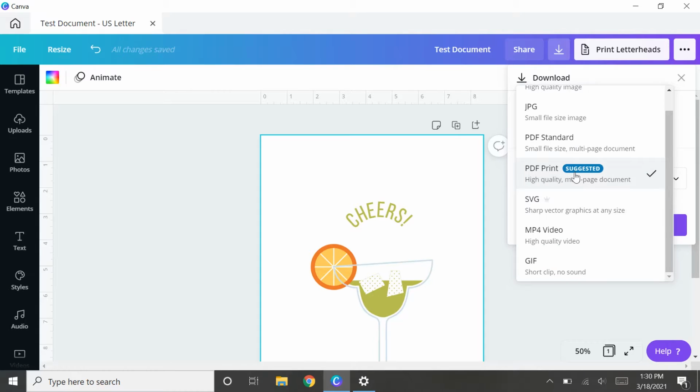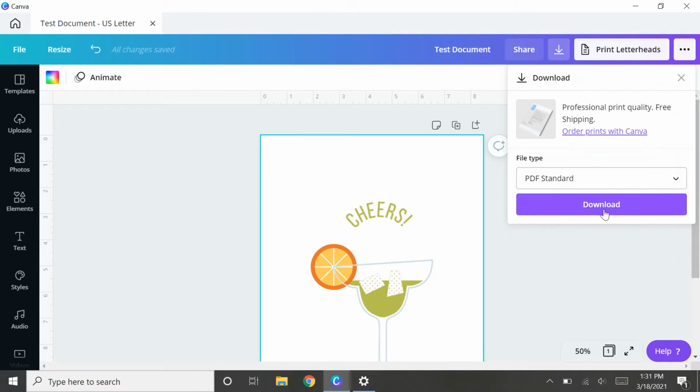And then you can choose between PDF standard and PDF print. One thing to call out about PDF print is that this is a very high quality document. So the higher the quality, the bigger the size of the document, right? In terms of megabytes. So what I would do is, if you're planning on adding this document to your website or sending it via email, I would use PDF standard. The quality is pretty much exactly the same. It's just a much smaller document in terms of size. So it's not going to cause any issues when you try to send it via email or upload it to your site. Okay. So you just pick whatever you want, hit download, and a screen will pop up